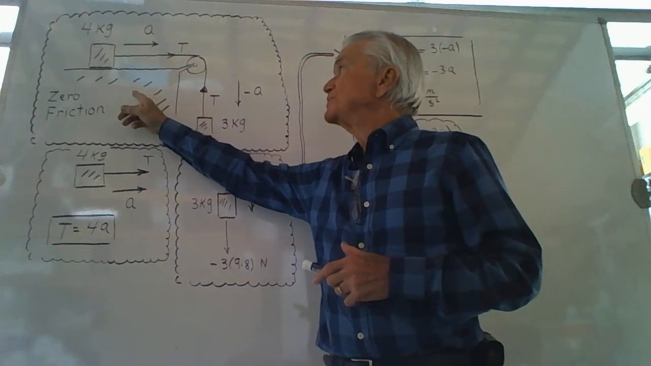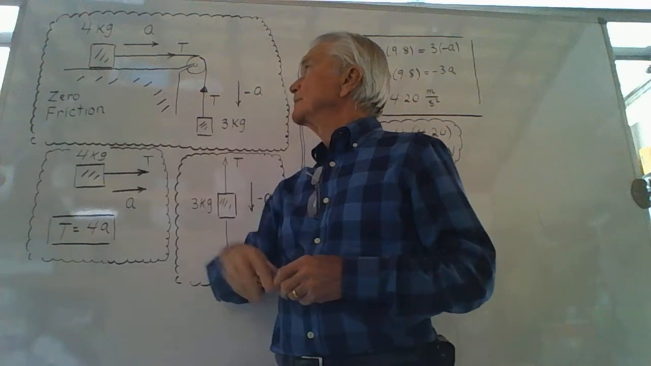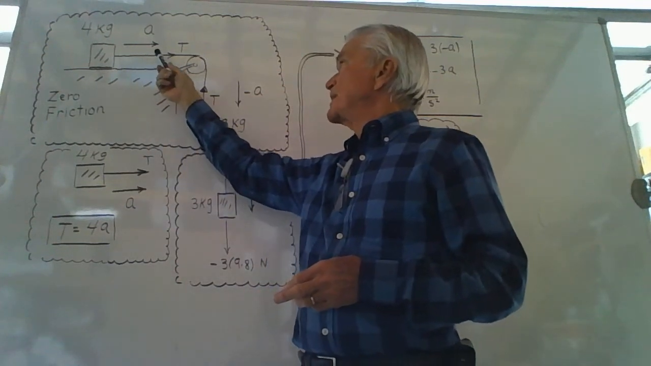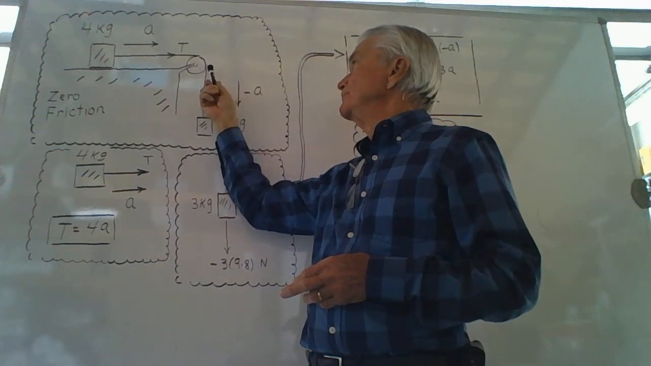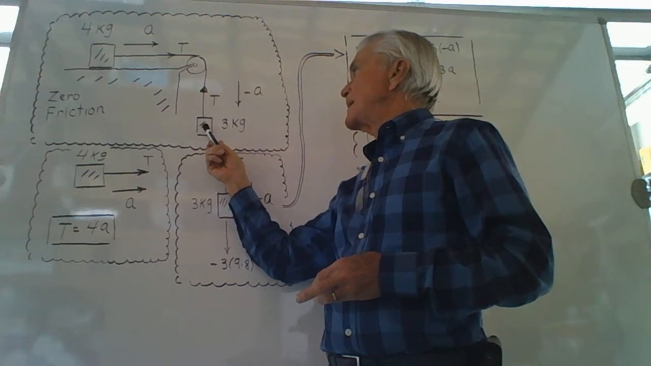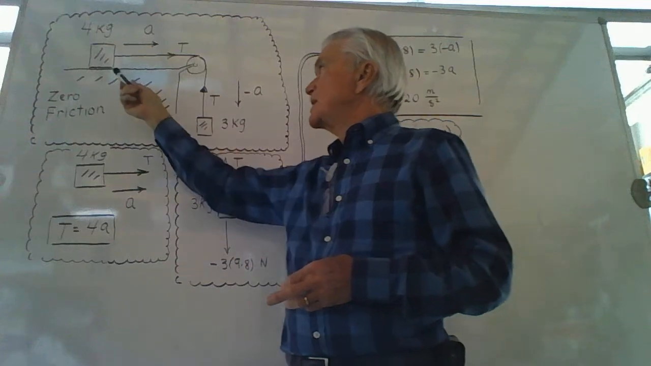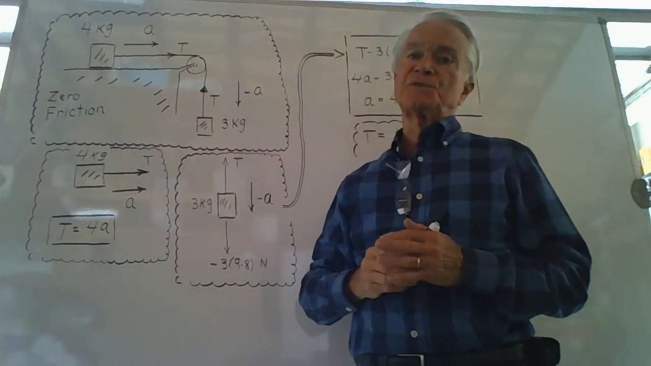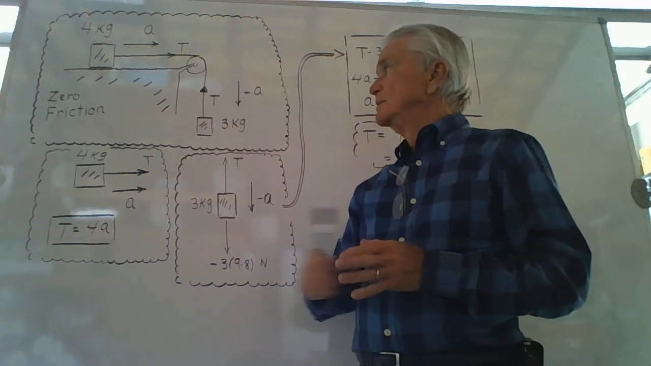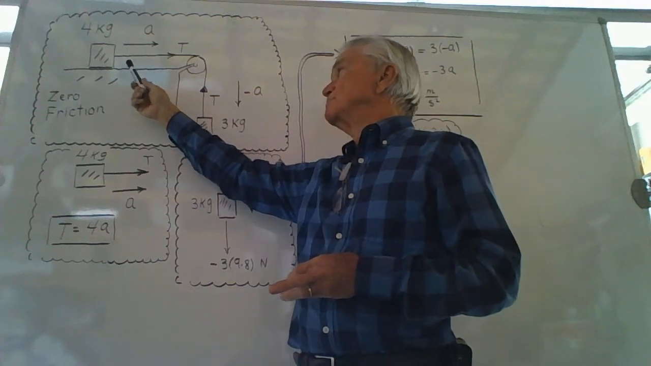We have a tabletop. On the tabletop is a 4 kilogram block. A string is attached to the block. It passes over a pulley. At the end of the string is a hanging mass, 3 kilograms. The tabletop is frictionless. We'll discuss friction later on in this chapter. Tabletop is frictionless, so the only force that can influence the motion of this object